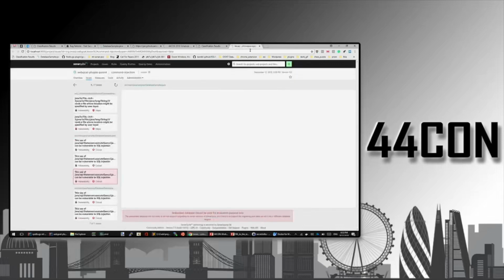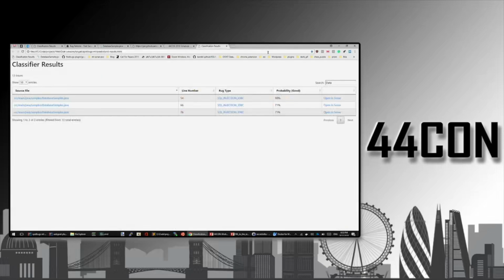So here it's going to open, and we get to the bug. One thing I need to clarify: here the probability is the probability of being good, so being a false positive. I didn't build this interface, so at first I was confused, and I was wondering why it didn't work. So those two are less likely to be vulnerable than this one, which at 8% is likely to be a false positive. And if we open it,